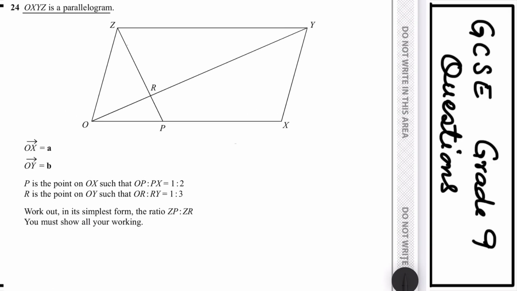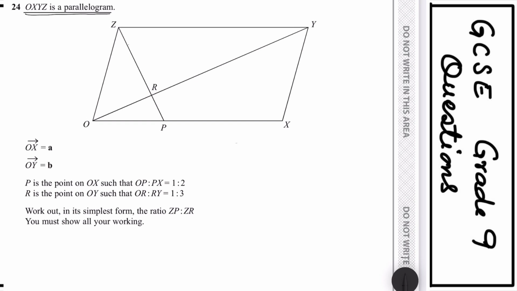Let's begin our questions now. In this question, OXYZ is a parallelogram. The opposite sides of the parallelogram are equal and parallel. The scalar quantities are also equal. OX is A, OY is B,